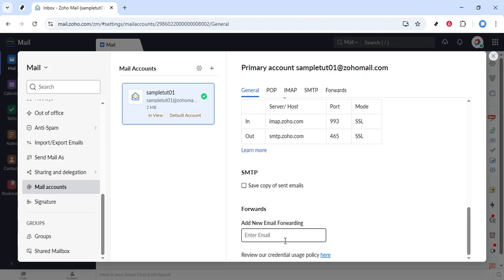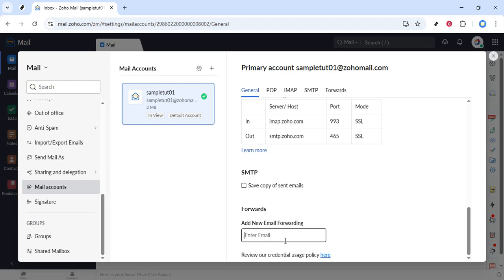A couple of quick tips to ensure a smooth experience. Keep an eye out for any prompt to keep a copy of forwarded emails in Zoho and choose the option that fits your workflow. Leaving a copy in Zoho can be helpful as a backup. Also remember that forwarding sends new incoming messages to Outlook. If you want full two-way sync of folders, read status, and sent items, that's a different setup using IMAP within